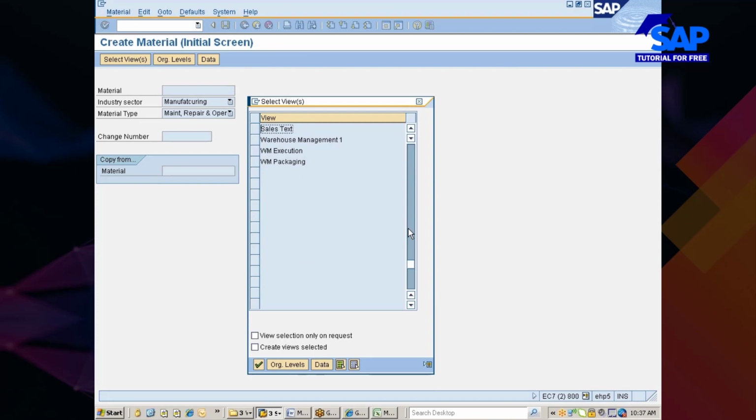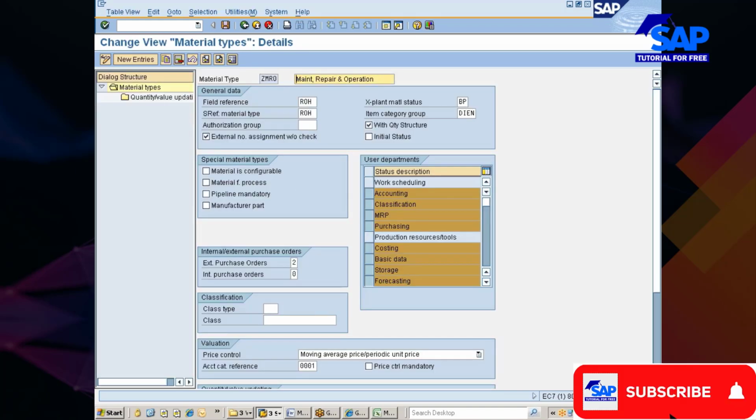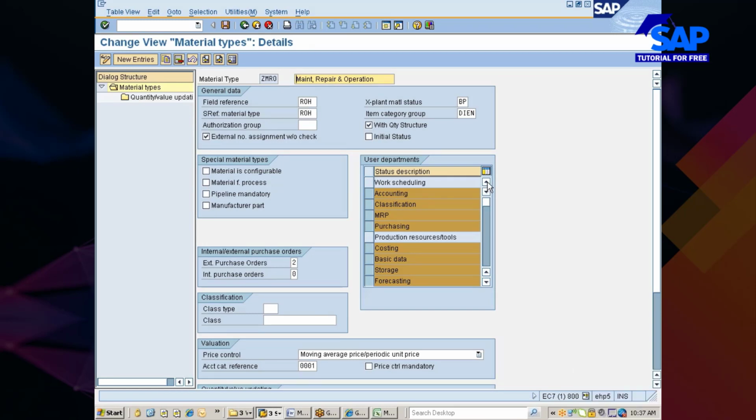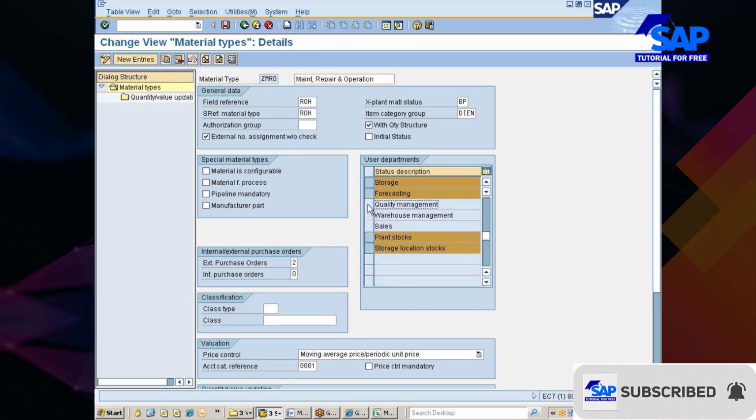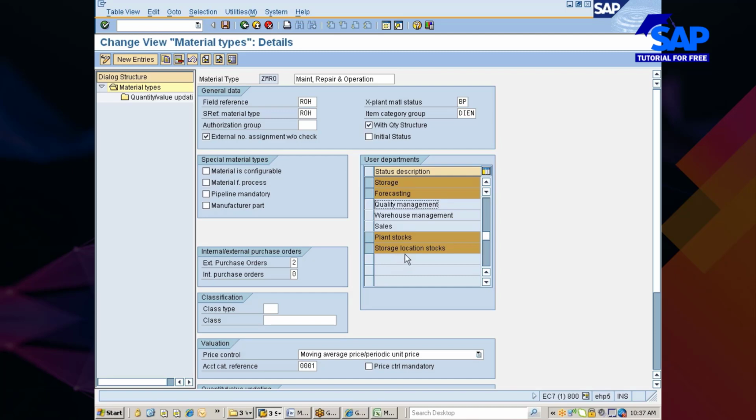It means which user departments are going to use this particular material type, maintenance, repairs and operations, which you can control here. Look here. You can simply choose some of the views that you want to have. Let's say I don't want sales views, I don't want warehouse view, I don't want this view.